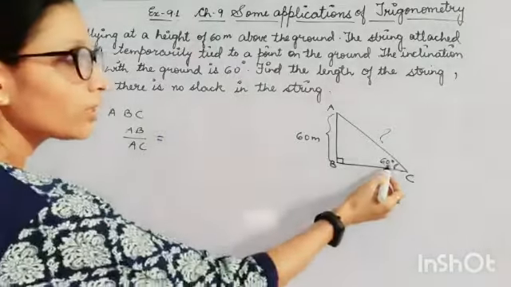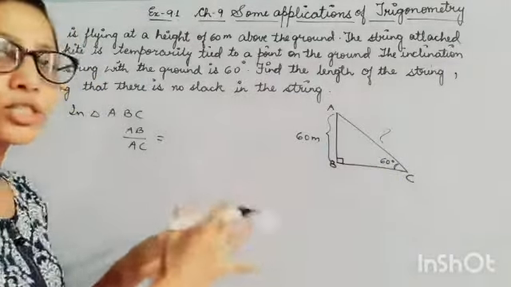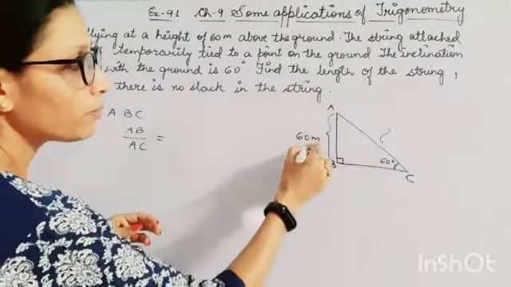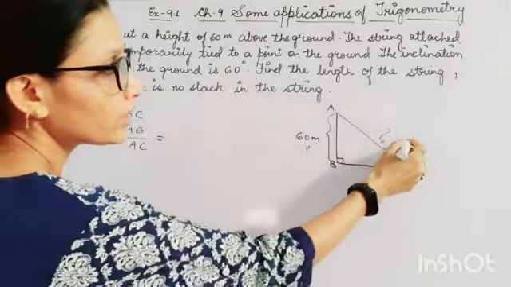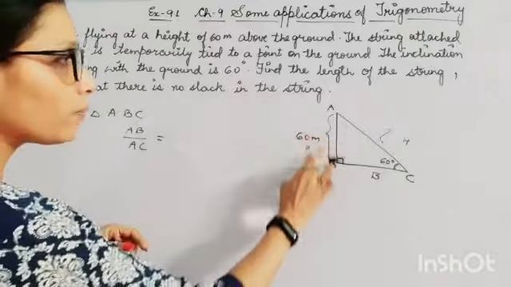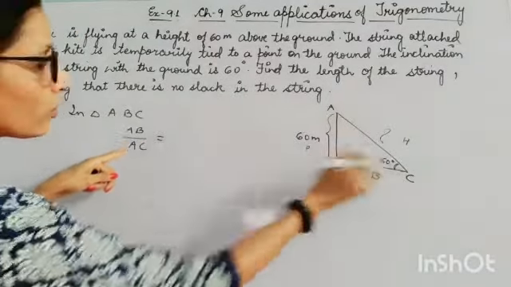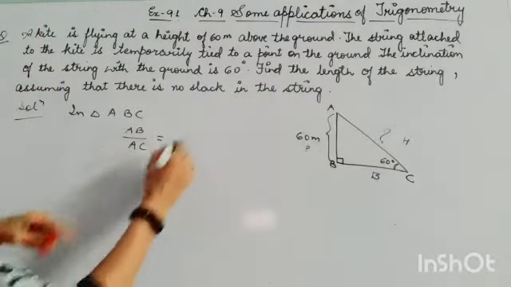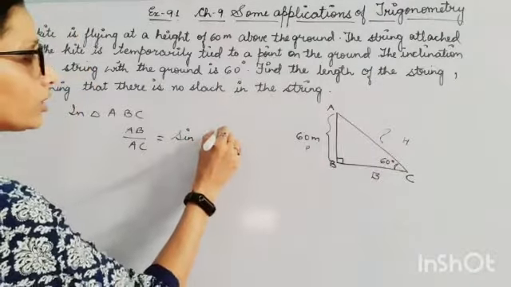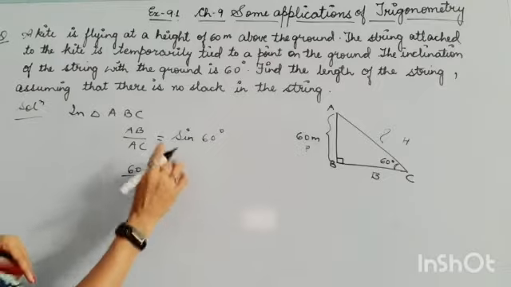So first of all, just put where your perpendicular, base and hypotenuse are lying. So fix the position. Here it is 60 degrees, opposite to 60 degrees it will be perpendicular, opposite to 90 degrees it will be your H, and the left side is your B. So what you have taken is AB by AC, that means AB is what? Perpendicular, and AC is what? H. That means you have taken P by H. So it will be your sine theta. And what is your theta? It is 60 degrees.